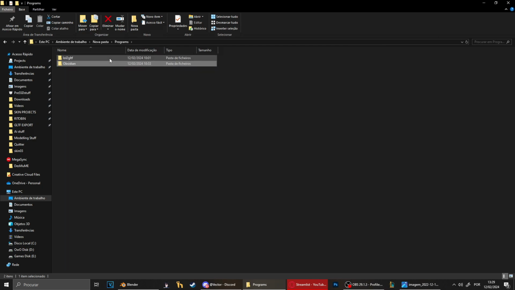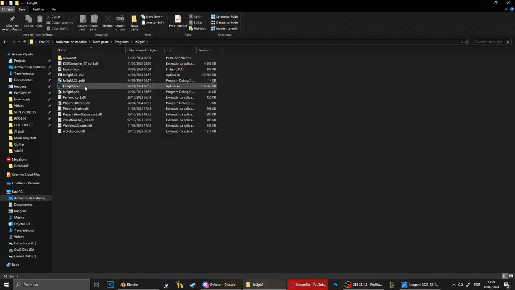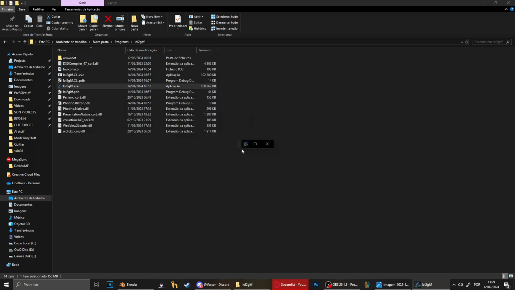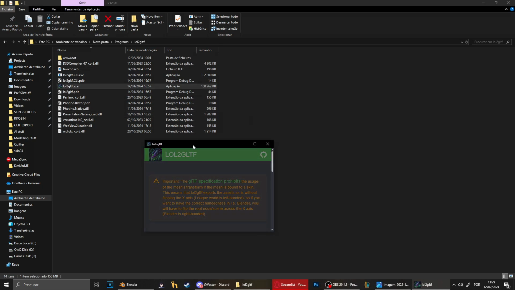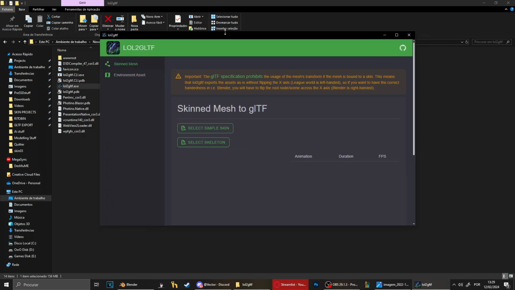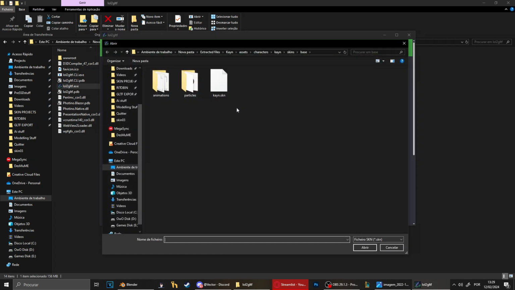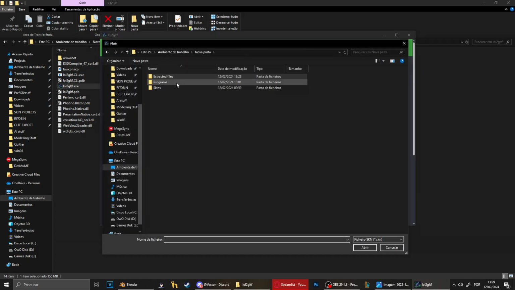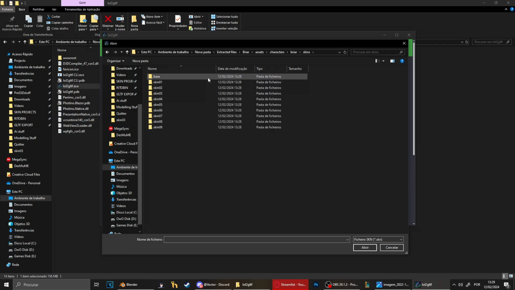We go now to lol to gltf and click on it. It's gonna open small, but if you make it big, it should open without a hitch. Don't know why it does that, but I don't care honestly. We go with the simple skin. We go back to our folder, extracted files, BRIAR, assets, character, BRIAR, skins, and we're gonna go with the base one,